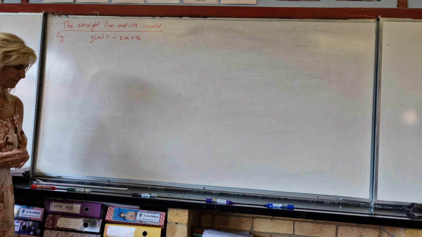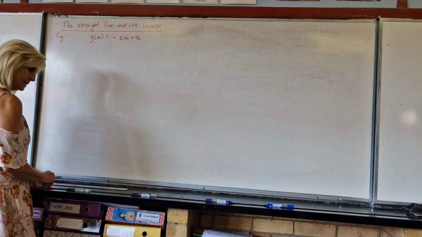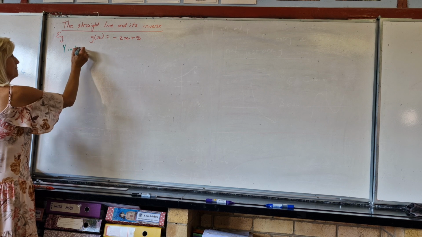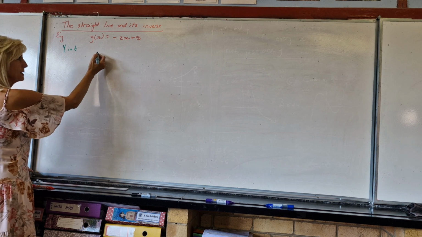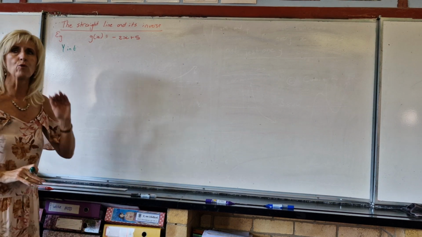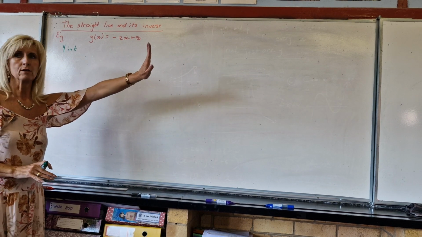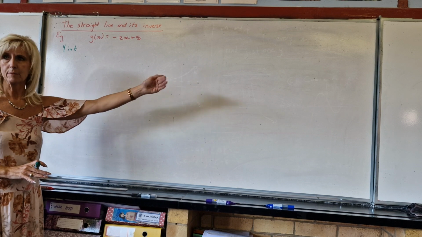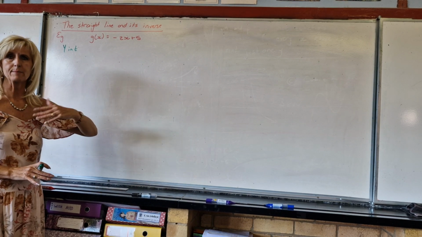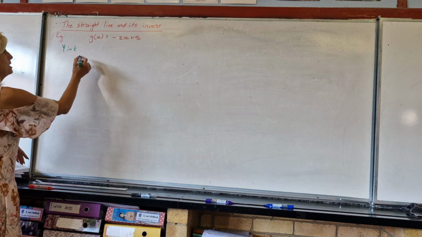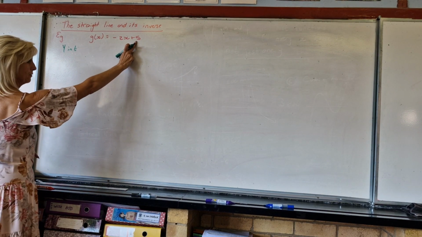What do I need? The x and y intercepts. How do I get the x and y intercepts? For the y-intercept, you make x equal to 0, and that's the case for all of them. Parabola, hyperbola, logs that you don't even know yet, you're going to make x 0 for y-intercept,